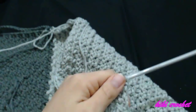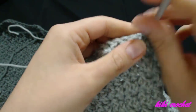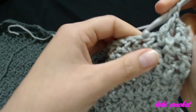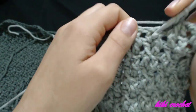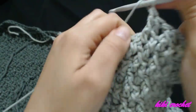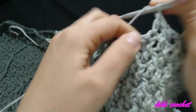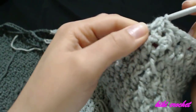So we chain 1, and start with my first stitch, which is the half double crochet. So 1, 2, 3, 4, 5, 6, 7, 8, 9, 10, 11, 12, 13, 14, 15, 16,